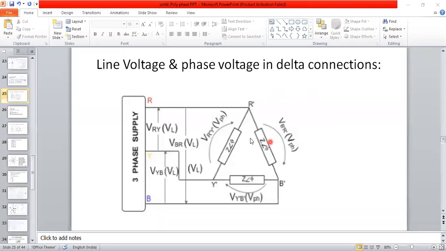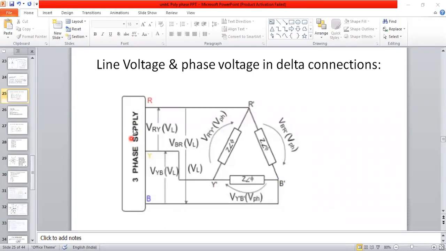Okay. Now you concentrate on this one here now. This is the three-phase supply, R, Y, B. Three lines are connected to the three-phase connected load, delta connected load we have used here now. So R line is connected to R dash load, and Y is connected to the Y dash load, and B is connected to the B dash we have used. R dash, Y dash, and B dash. Three junctions we have used. This is a junction point here now. Here one more junction point, here one more junction point. Three junction points we have used here now.